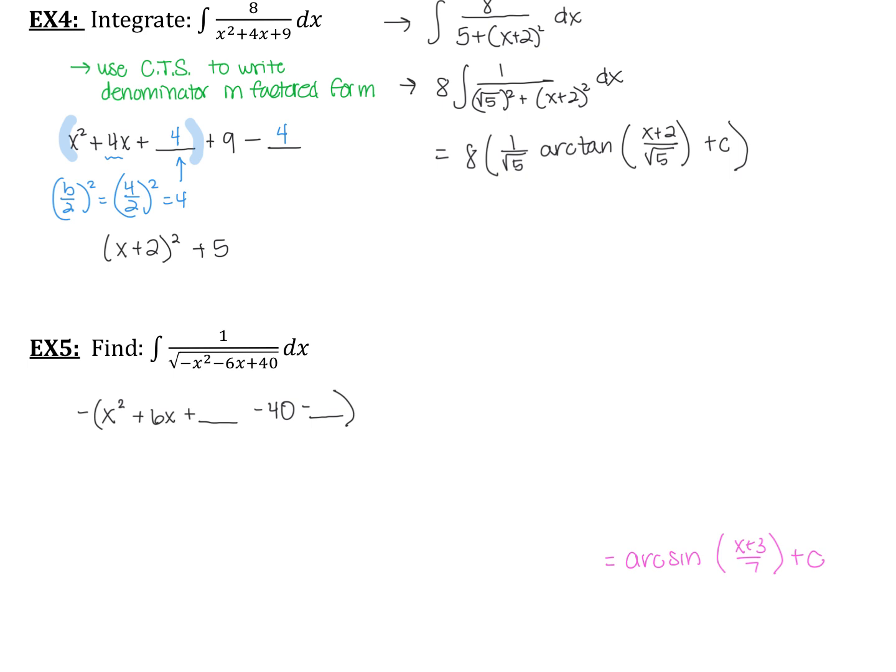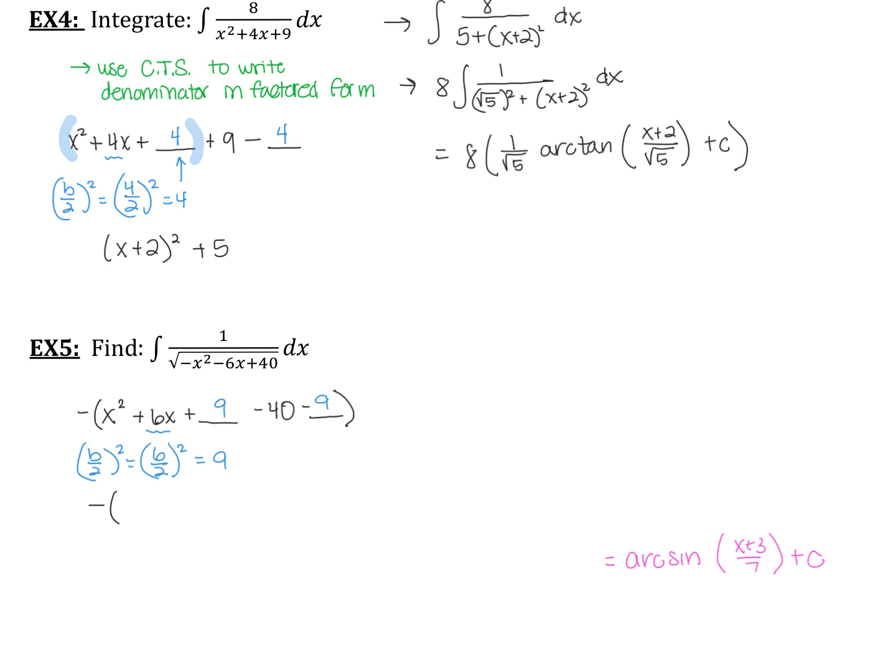I'm still going to go through and do my b divided by 2, and I'm going to square it. So in my case, it'd be 6. My 6's and my b's look an awful lot alike. 6 divided by 2 squared, which would be 3 squared, is 9. So I'm going to add 9. I'm also going to take 9 away. Knowing that that negative is still out front,